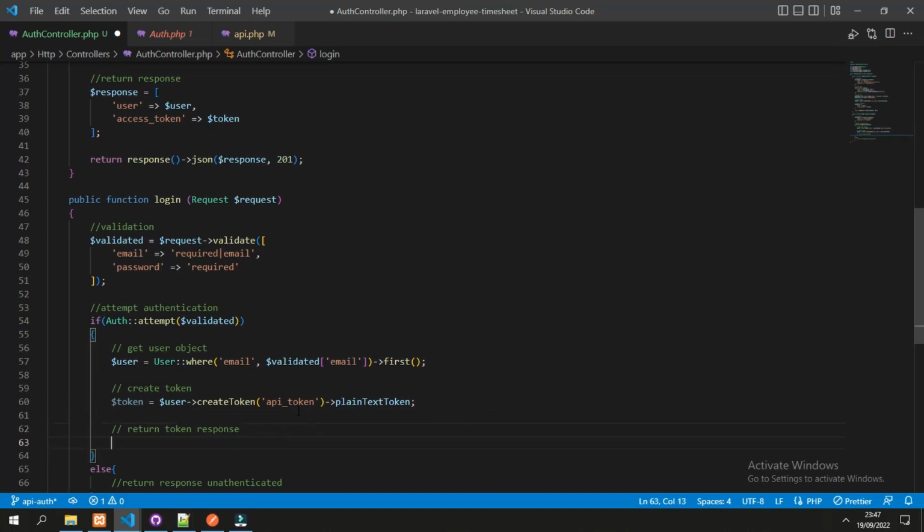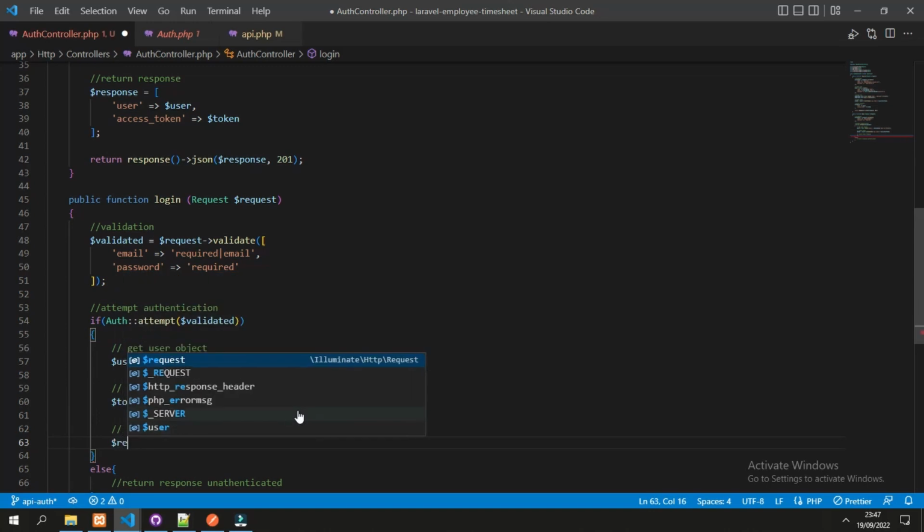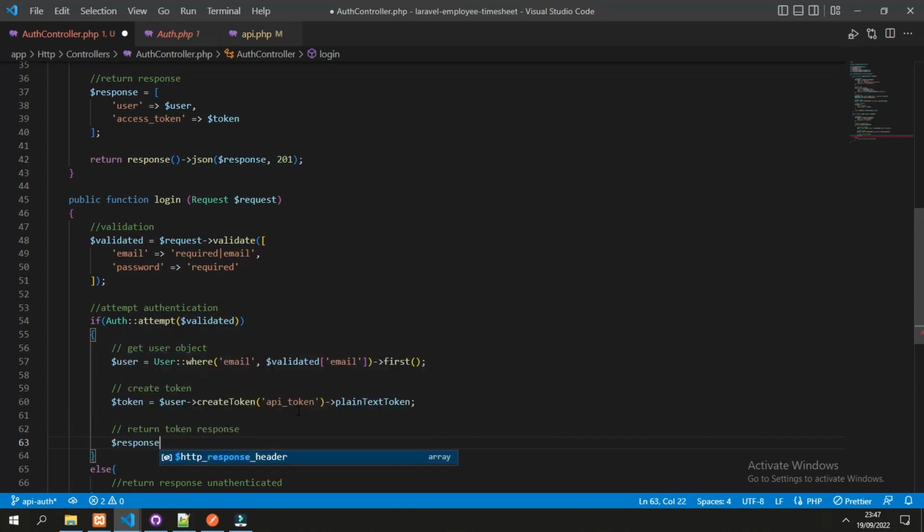And the last step is returning the response. First we create the response object, which is an array. Data with the value of the access token.